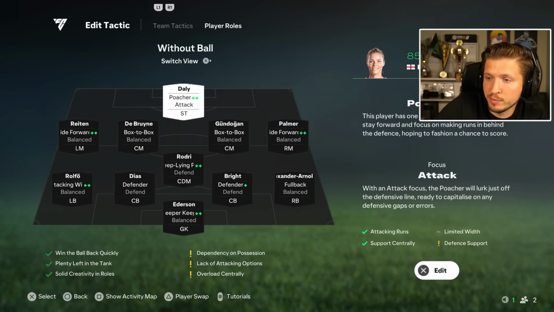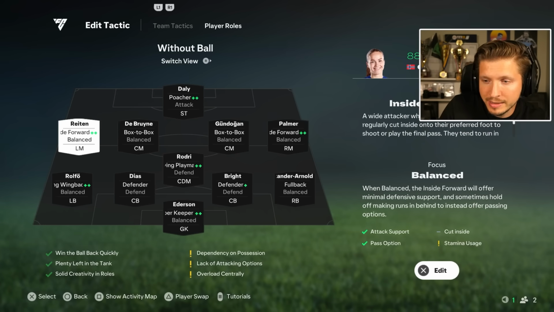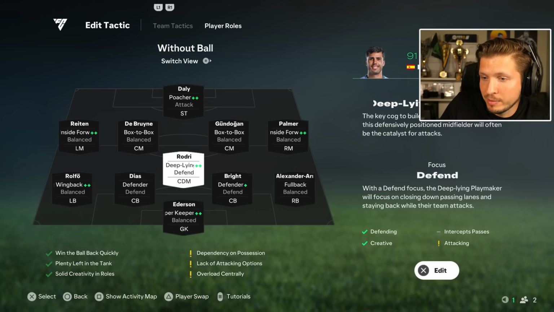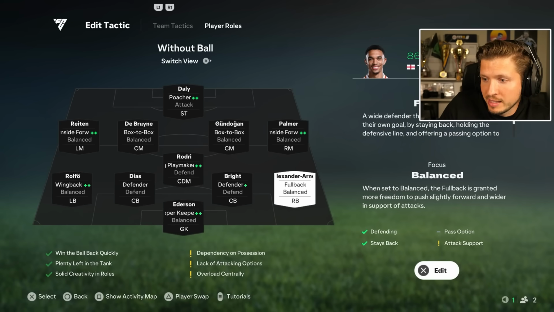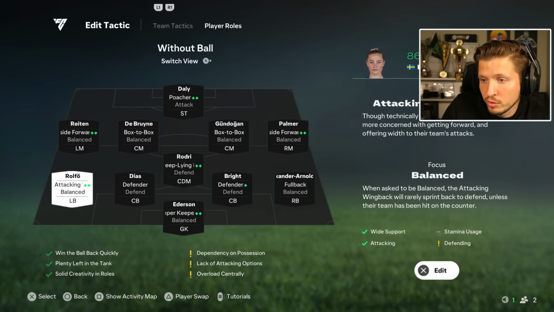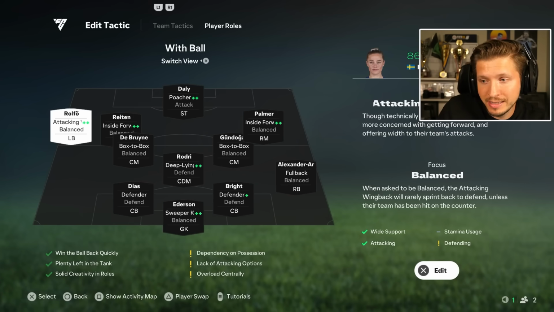Again, a striker poacher. I love that poacher. Box to box center mids here. And then here Insa 4+. And then also Rodri as a deep line playmaker plus. One is the fullback balanced, defenders defend, a sweeper keeper, and then one here going forward. That is here Rolf attacking. And then turns out like this in the game in some kind of